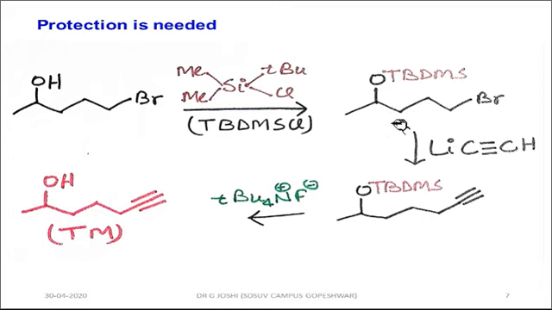After protection of this, we'll react this molecule with the second reagent to achieve the reaction at the target end. And after getting this product, we'll deprotect by using any fluoride-containing reagent, because silylating agents are highly sensitive towards fluorinating agents or fluoride-containing reagents, and we'll achieve the target molecule.